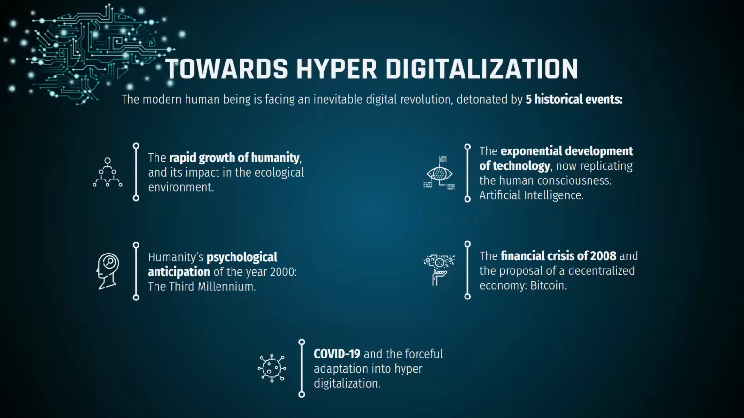So towards hyper-digitalization, there are 5 historical events that detonated this inevitable digital revolution: the rapid growth of humanity, the exponential development of technology, which is going into artificial intelligence, which can be summarized into being humans trying to replicate the human consciousness. And we also have the psychological anticipation of the year 2000, the third millennium,